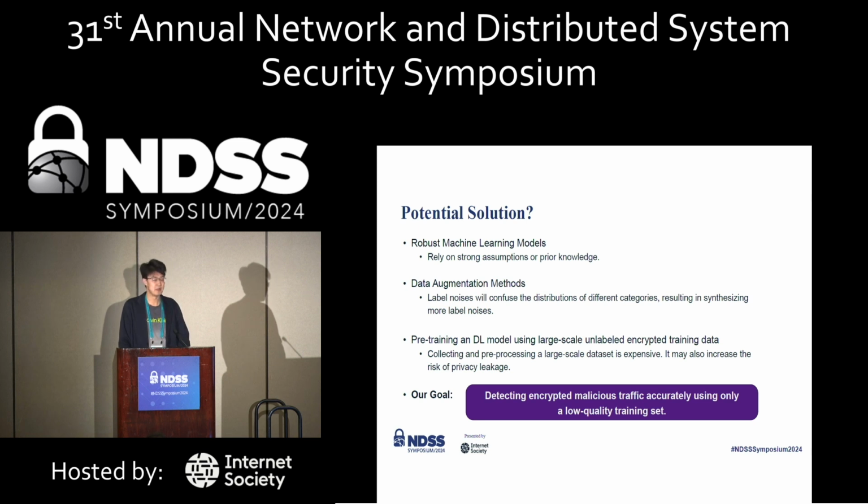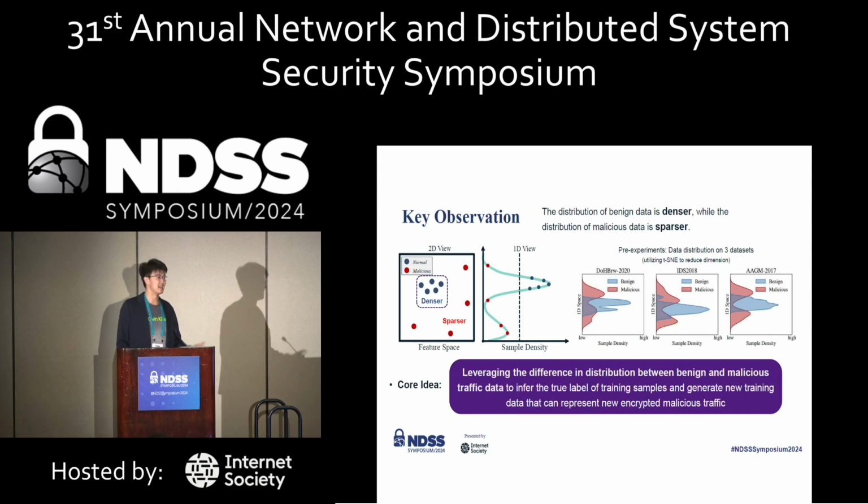So our goal in this paper is detecting encrypted malicious traffic accurately using only a low-quality training data set. We have a key observation about the data distribution of network traffic: the distribution of benign data is denser, while the distribution of malicious data is sparser. On the left is a figure about our key observation, and on the right is our empirical study about data distribution on 3 public data sets, the results of which